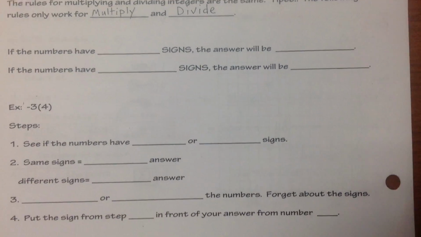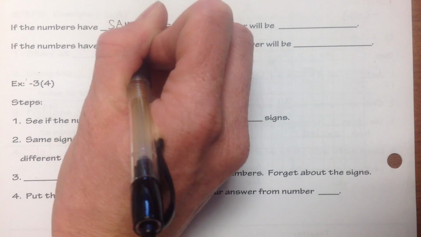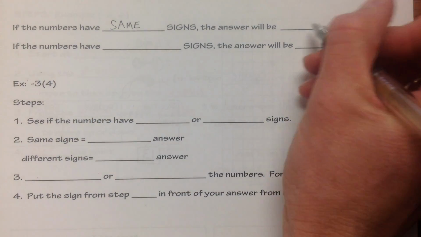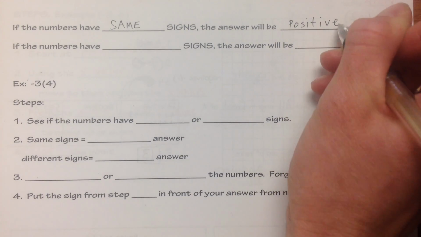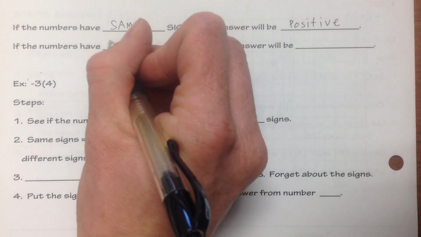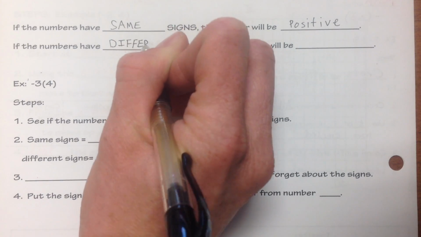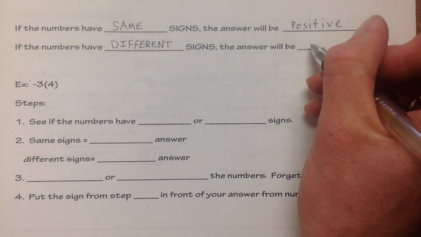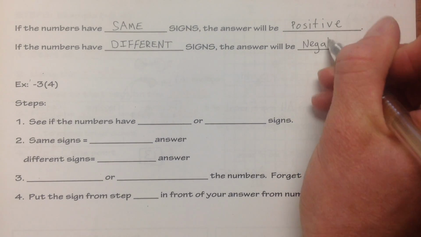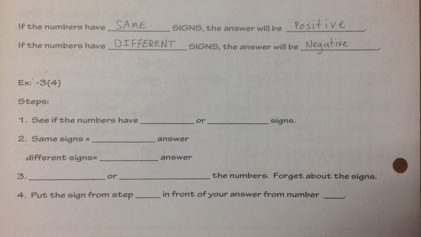Okay. If the numbers have same signs, the answer will be positive. Right? If the numbers have different signs, the answer will be negative. And that's really all you have to remember for multiplying and dividing. It is so much easier than adding and subtracting, and I think you're going to see that here with our